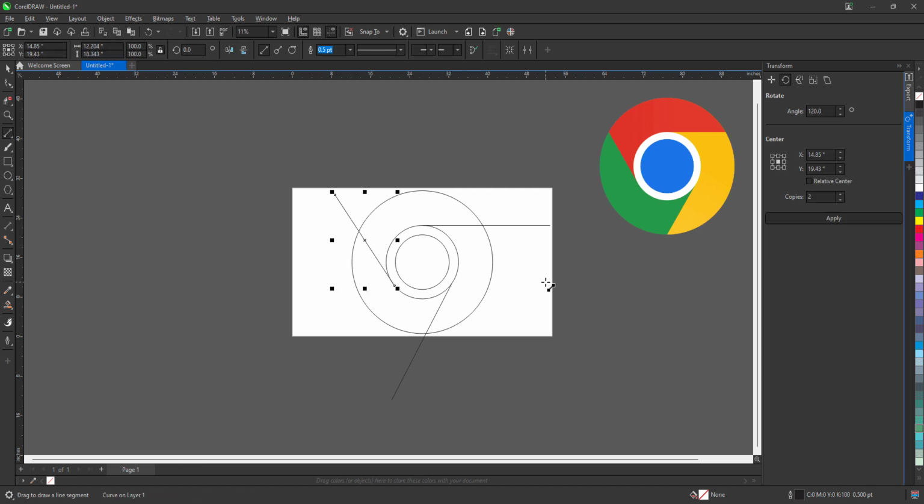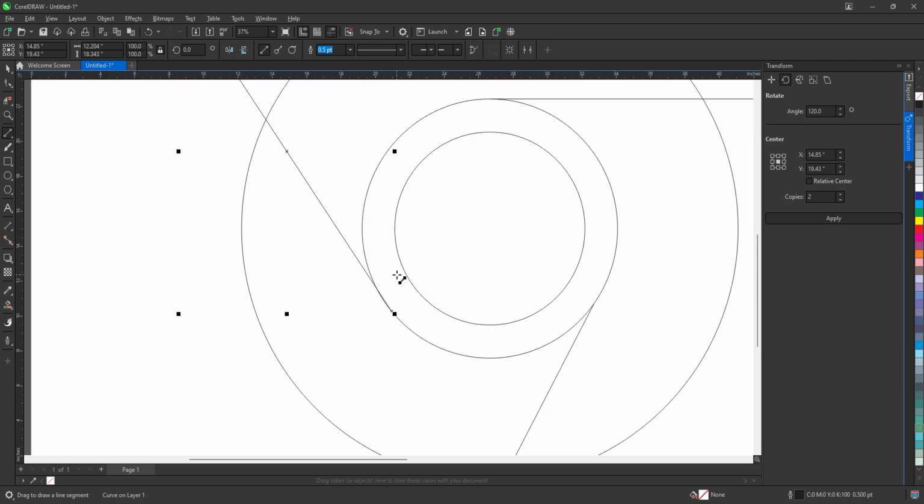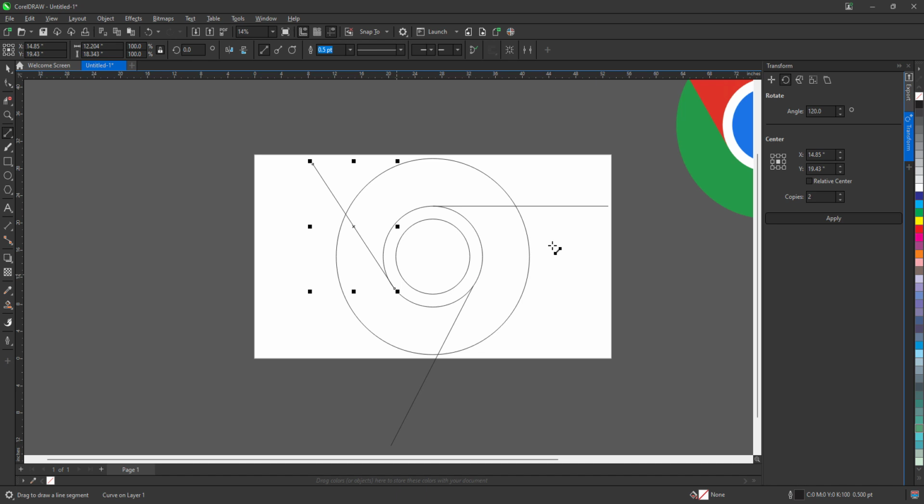Now as you can see, some of the line is going out of the circle, which I don't want. So what I can do is simply trim those lines which are going outside the circle. For that I am going to use my virtual segment delete tool. When I click over here, whatever is coming out, I can simply drag on it and it will eliminate the